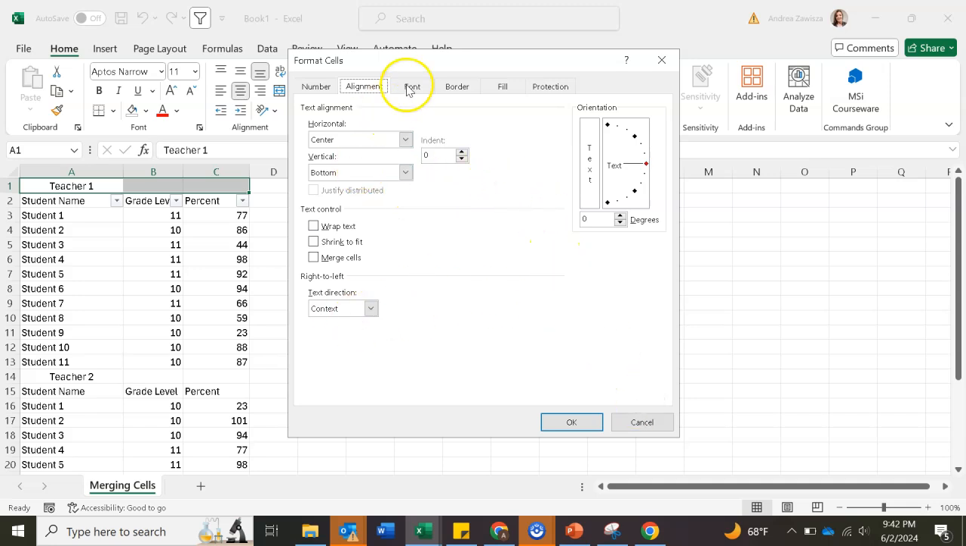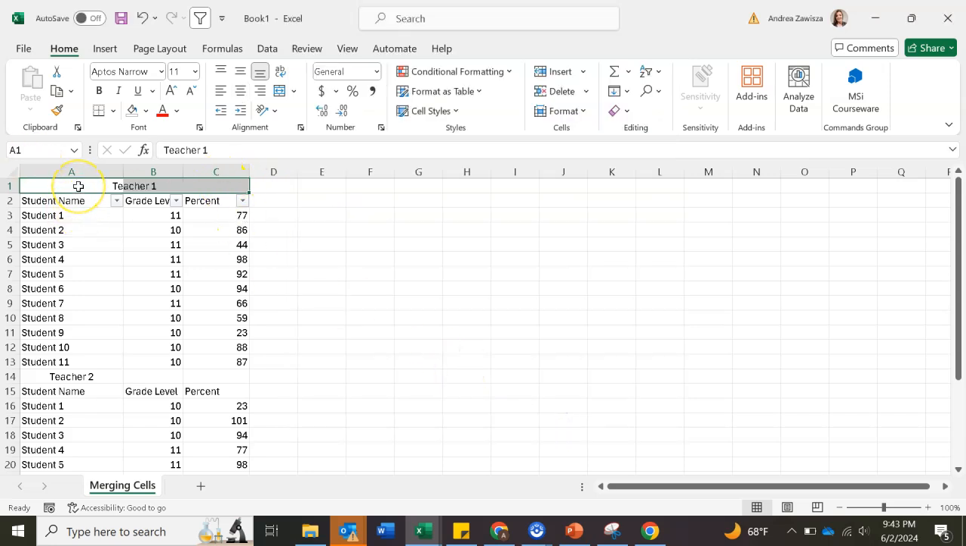And if you were to instead highlight the 3 that you had merged before, and click alignment, here it is. You have the text alignment horizontal, but you want to center across selection. So what you're doing, instead of just centering teacher 1 in the middle of column A, you're centering it across the selection. So when you go ahead and have this here as pretty as you'd like it to be,